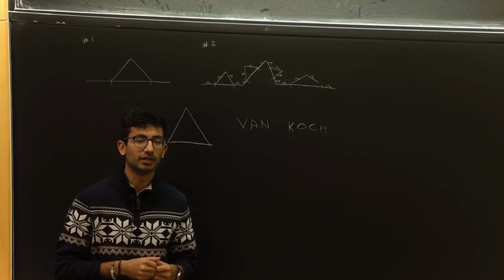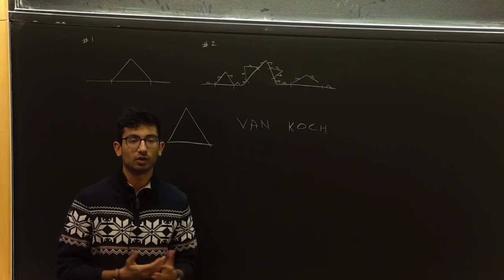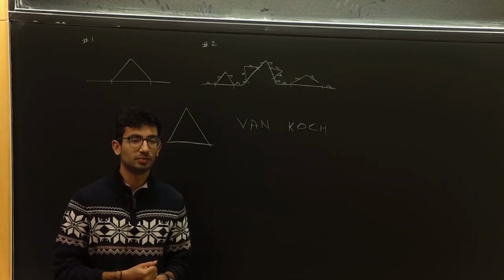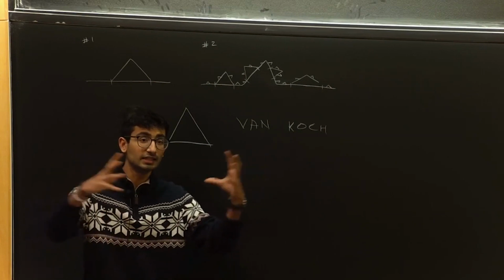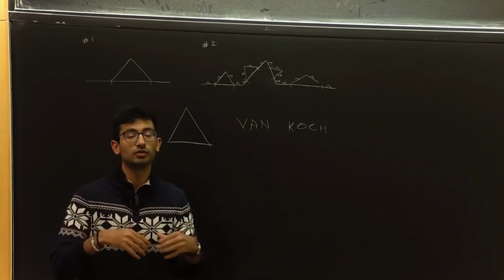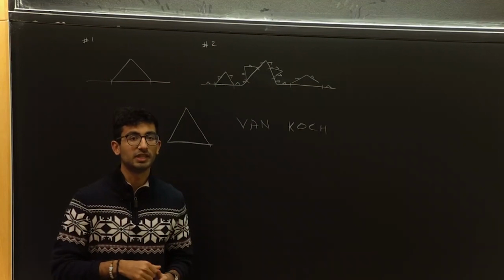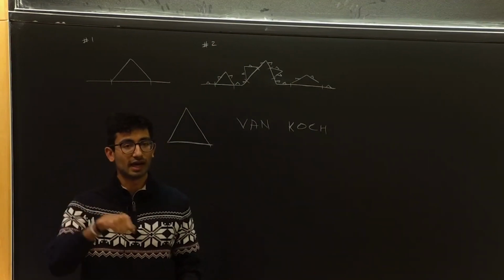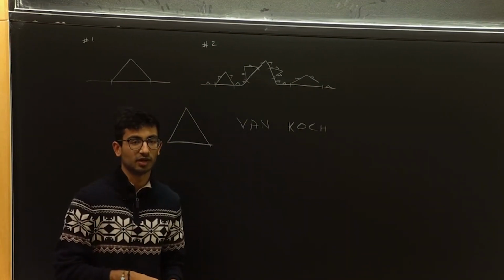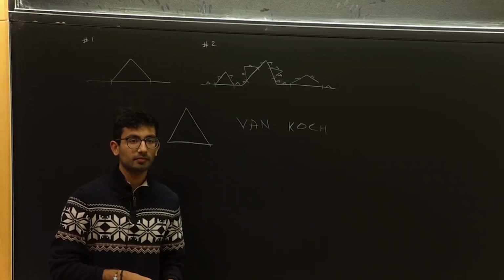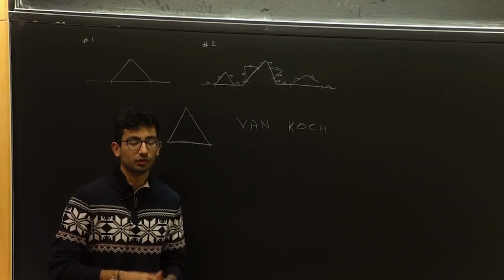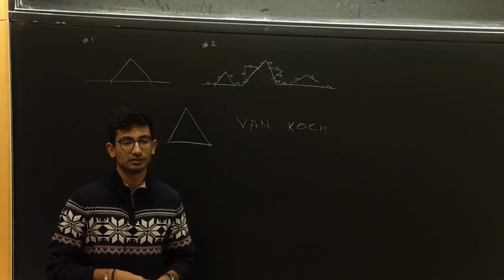I mean, I think the best example of that is probably what I mentioned with the paint. It shouldn't be possible for you to be able to paint the inside of an entire figure using a finite amount of paint, but then be unable to paint around the outside of it, even with an infinite amount of paint. And I think if you're interested, we can probably discuss this a little bit after lecture,